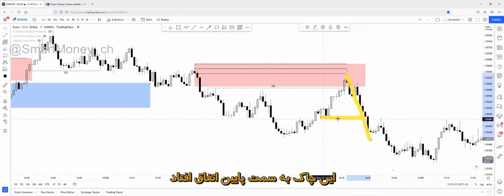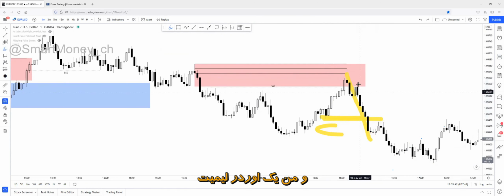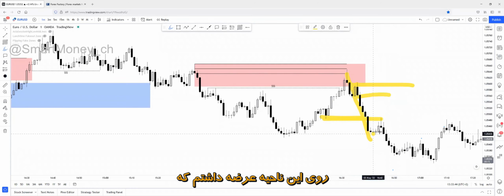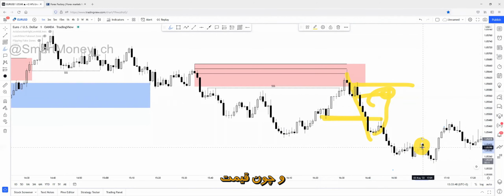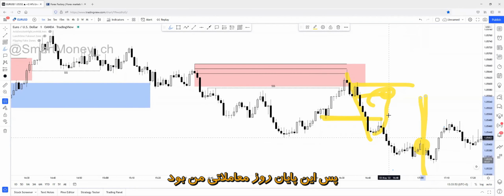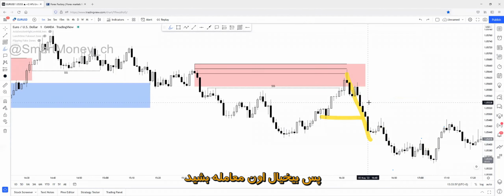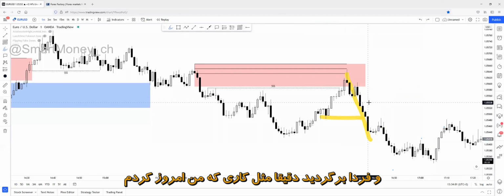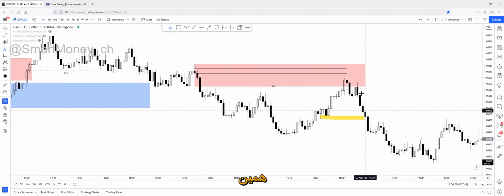Actually, the change of character happened here, right here on this line, but the reversal didn't happen to the upside. So I had a limit order on this supply zone here. It has not been tapped, as you can see. So I deleted my limit order because the session has closed right here. So it was the end of the session for me. If the confirmation doesn't happen, then you skip trading, you skip for the day. If the session is ending, then you skip for the day and you come back tomorrow, just like I did today, right? I'm here once again. I'm waiting for new confirmation entries. That's all.